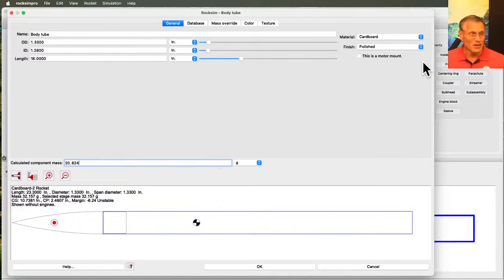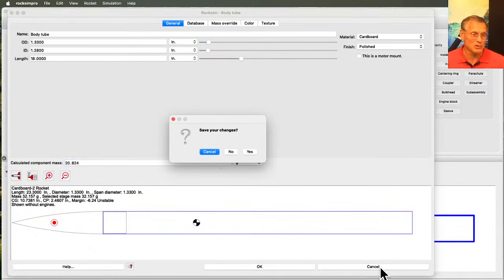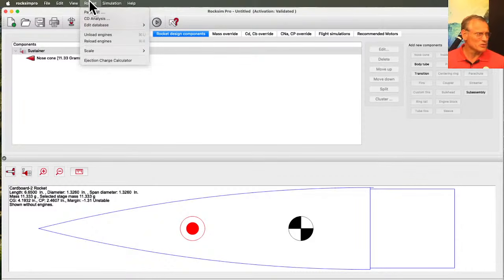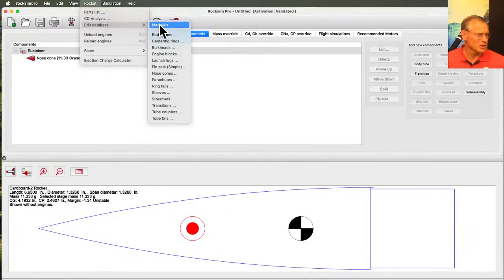Now, the question you probably should have asked was how do you add a component to the database? Because it's already a cardboard tube. It just has different diameters than what's already in your database. So here's how you do it. There might be multiple ways to do it. Let me check here. So under the Rocket menu, go to Edit Database, and we want to come down to